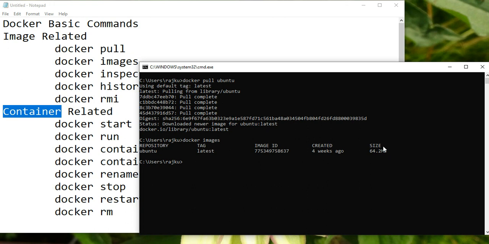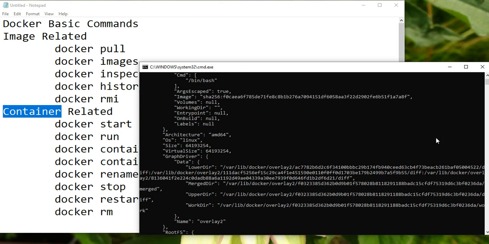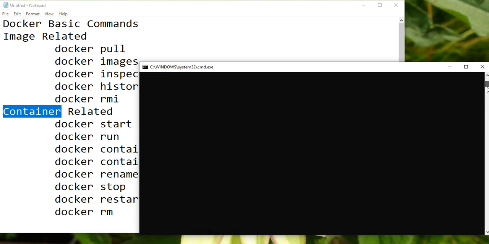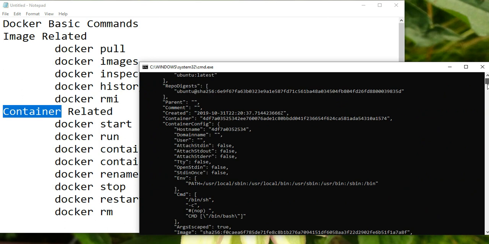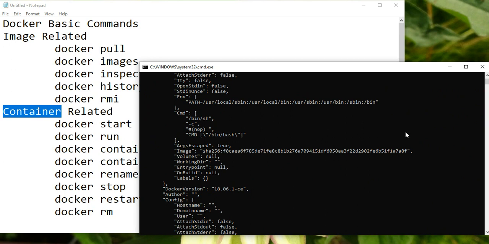Okay, so the next thing is docker inspect. So what docker inspect will do is it will go and inspect the image which we have downloaded. Let us see that now. Docker inspect Ubuntu, which is our image name. So this will give you the details of that particular image. Okay, so it has got an ID. If you look at further down, then you might also see